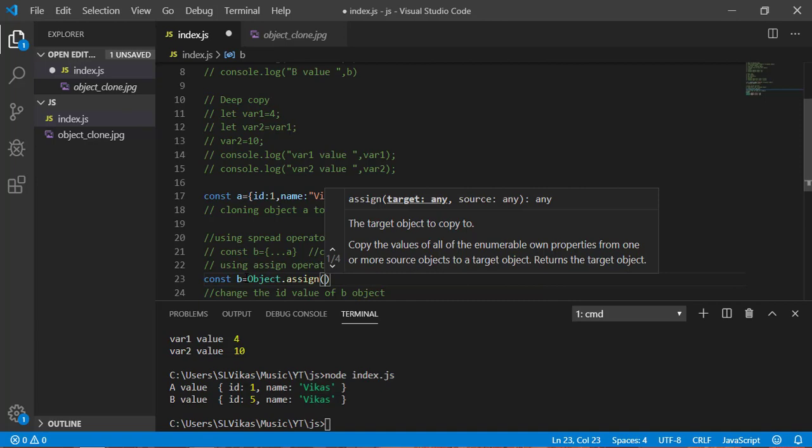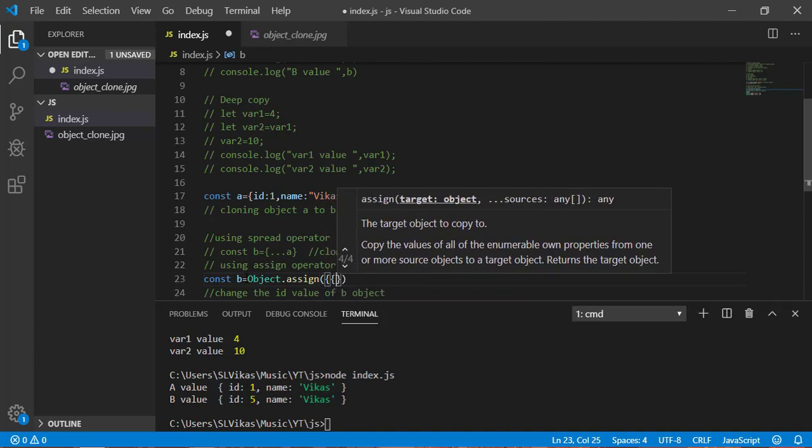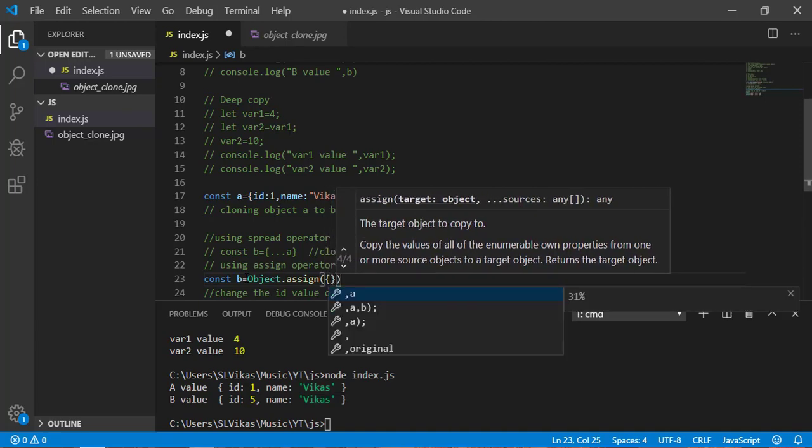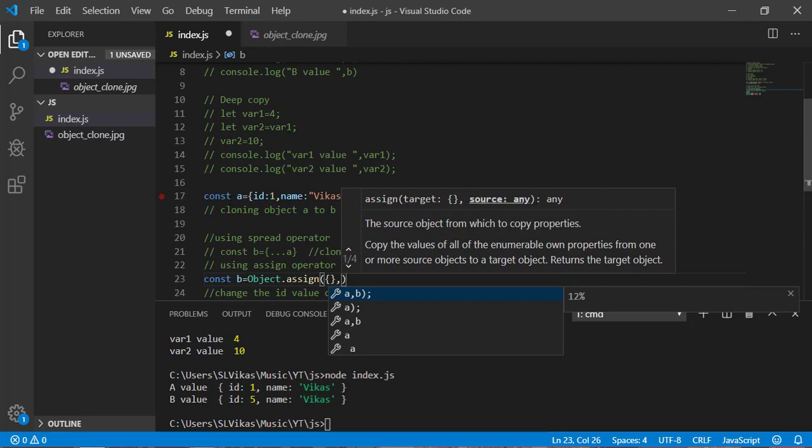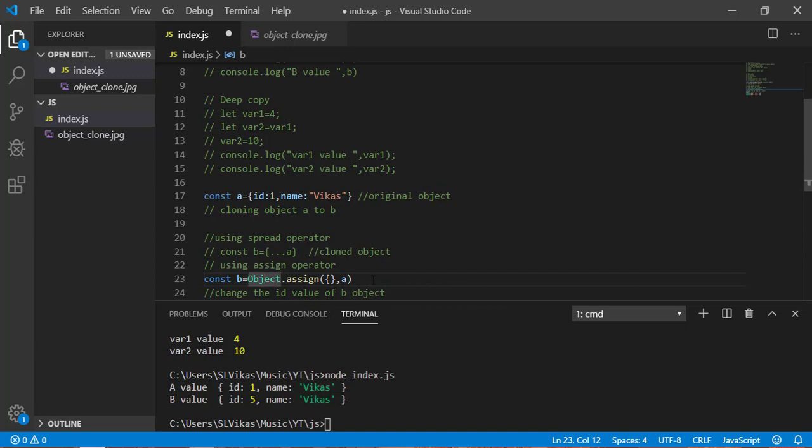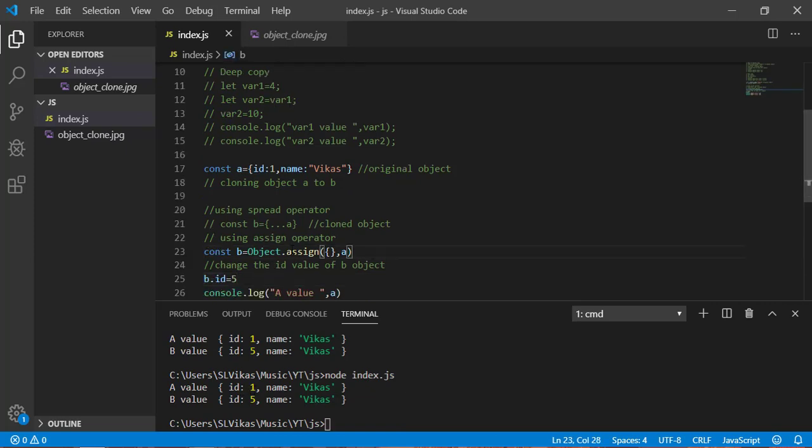So first is going to be an empty object. Okay, the next thing is going to be your variable name, so it is going to be a. Okay, now let's save it and have a look. So still we are getting id equal to 1, because we can't change the value of the original variable here, that's why here we are getting 1.